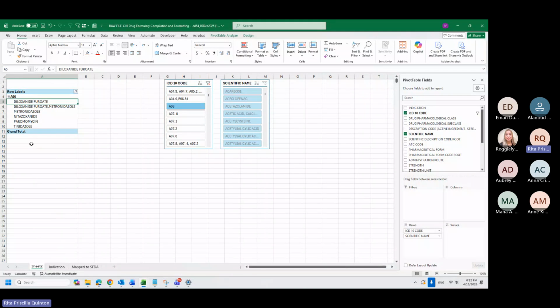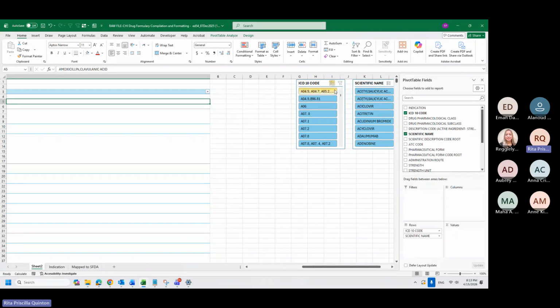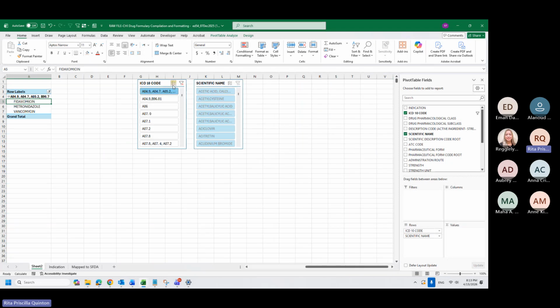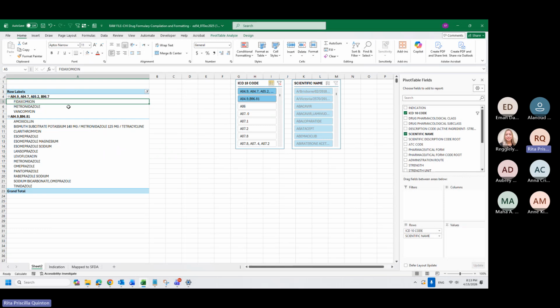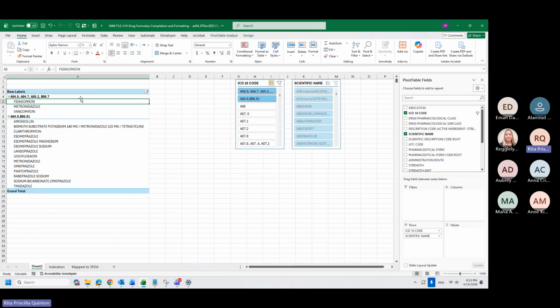And then if you want to remove the filter, you can do so as well. If you click this, the slicer will give you an option to click multiple lines. Like this, I have now two diagnoses and a third one.